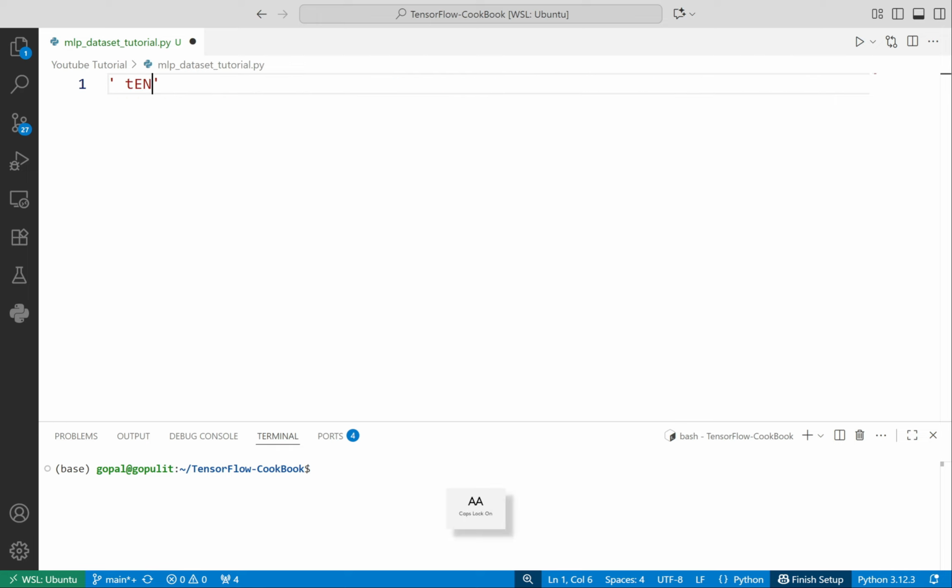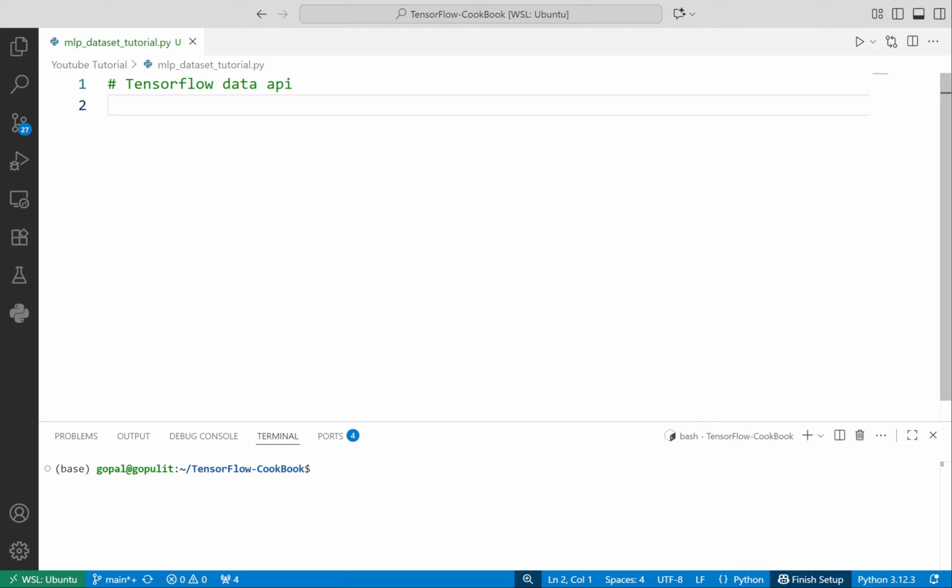So here we will learn mostly about the TensorFlow data API. Using this data API we can create dataset objects and tell it where to get the data from and how to transform that data. TensorFlow makes this easier by taking care of all the implementation details such as multi-threading, queuing, batching and prefetching the data. So let's start with a very simple example.